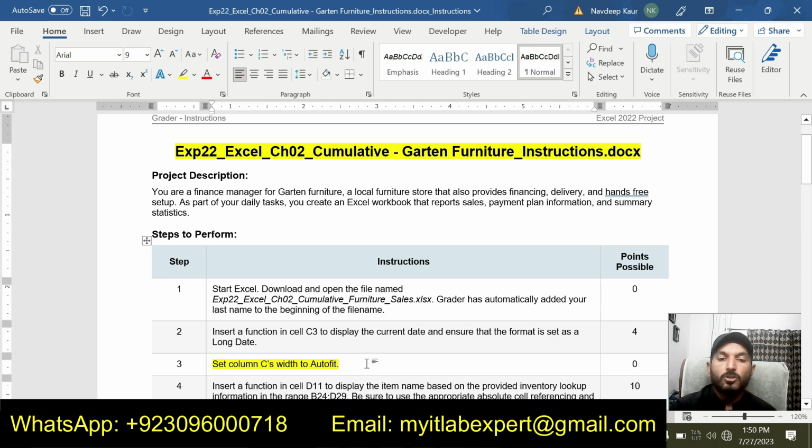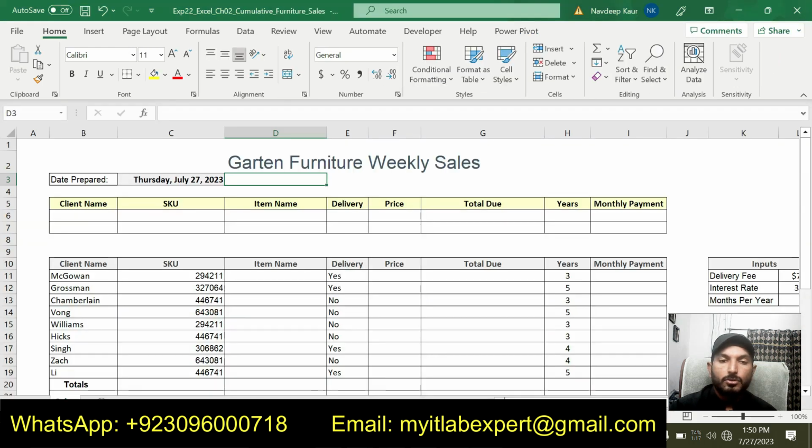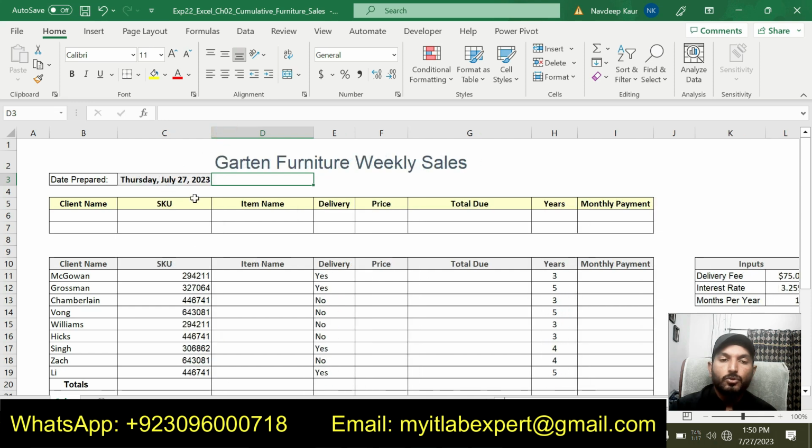Step number 3 is set column C width to auto fit. So now we are supposed to make column C auto fit. So simply go to the Excel sheet and double click here, and it is auto fit now.